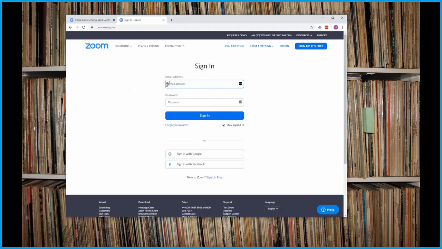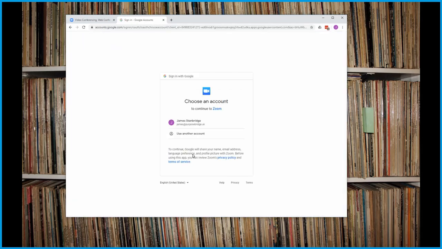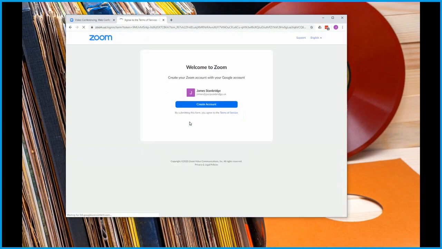So there are a few choices. You can sign in using an email address and password, something that we're all familiar with doing. You can also use one of your social media accounts if you're happy with that, and I'm pretty happy with that, so I'm going to sign in with my Google account. This browser has remembered my Google account as james@purposebridge.uk. Yours will probably have done that for you as well, but don't worry if it hasn't. You can easily use the email and password to create an account, as I showed you just before. So I'm going to click here just to set my account up